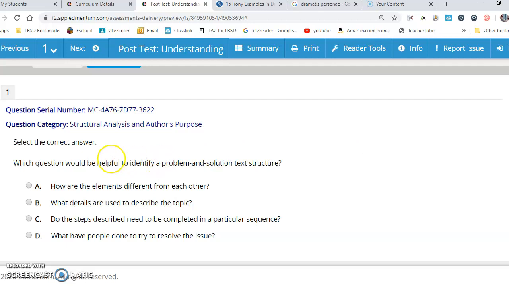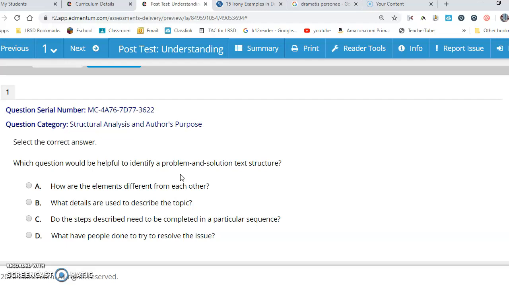It says, select the correct answer which would be helpful to identify a problem and a solution text structure. A, how are the elements different from each other? That really doesn't fit because there's no problem solution in that sentence structure. What details are used to describe the topic? That would be more of a descriptive essay, so that doesn't fit our